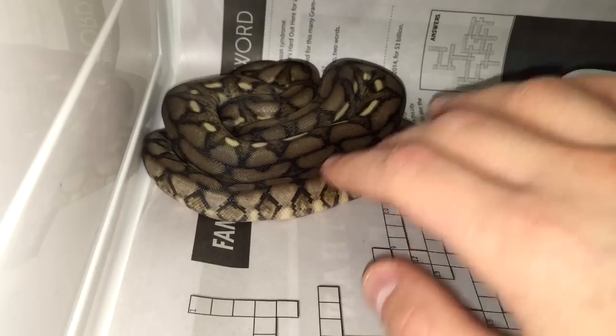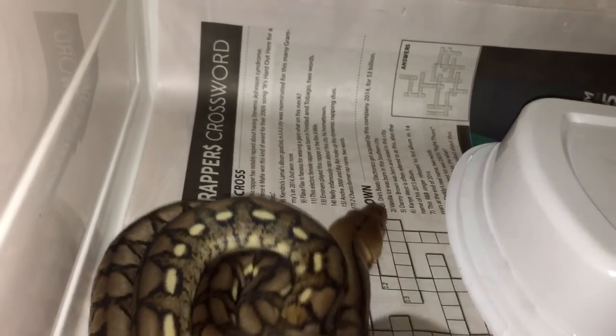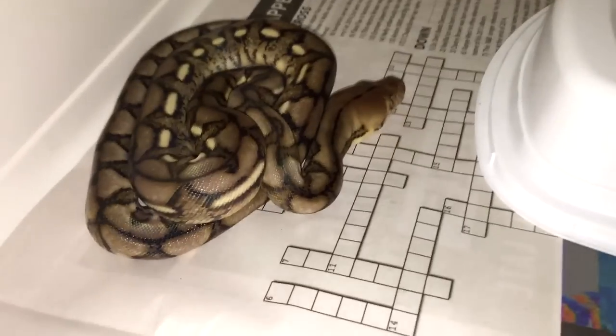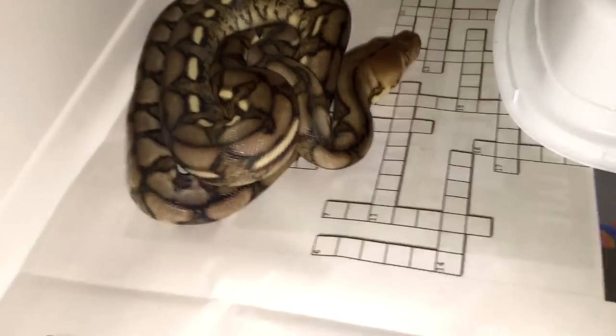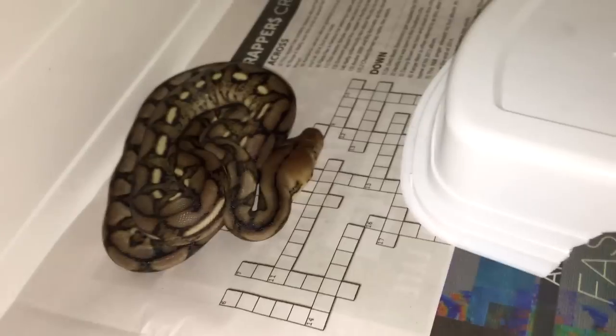Come on. There he is. Just an amazing snake. Like I said, he is a super dwarf. He's a 50% super dwarf, so that means he'll be roughly 8 to 9 feet in length, which is kind of nice